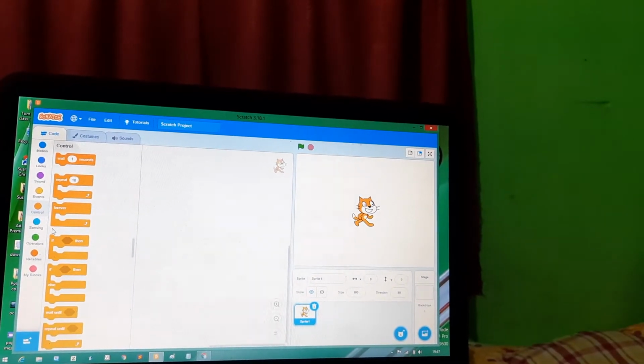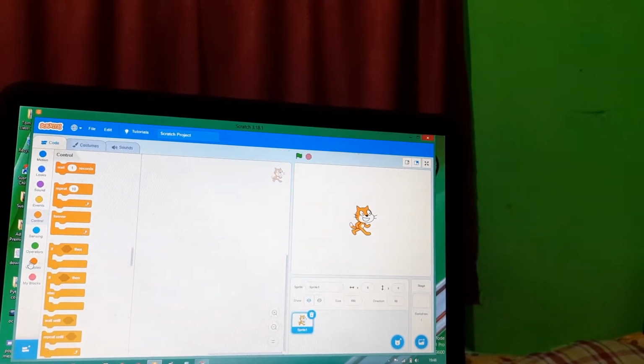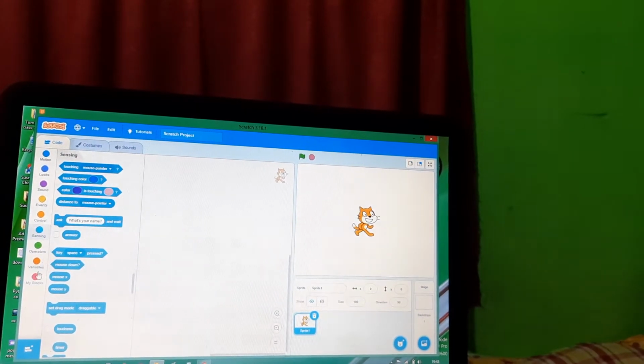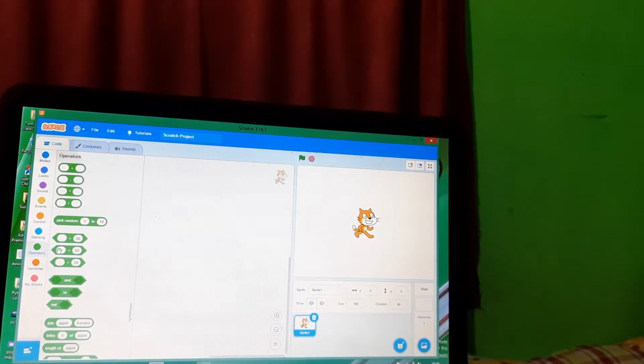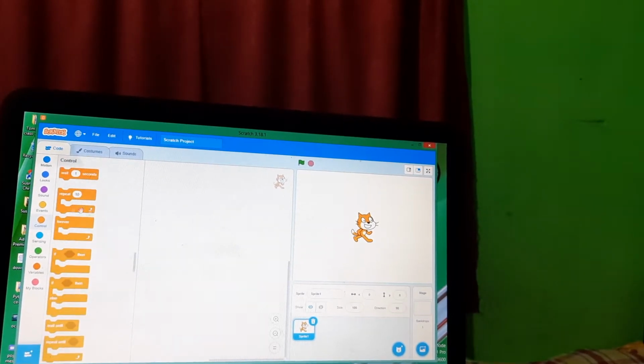There are many. We already learned sensing, and we will learn operators. So let me just start with the control block.